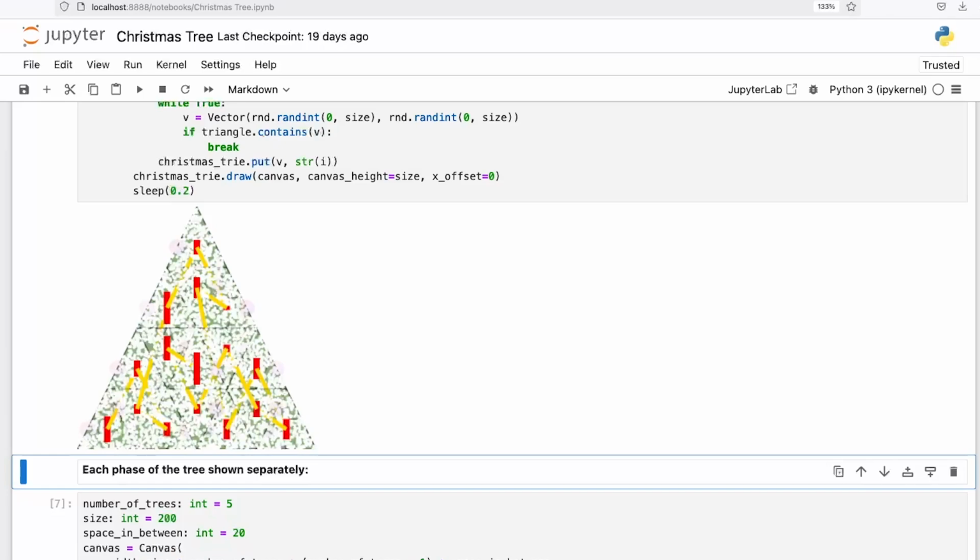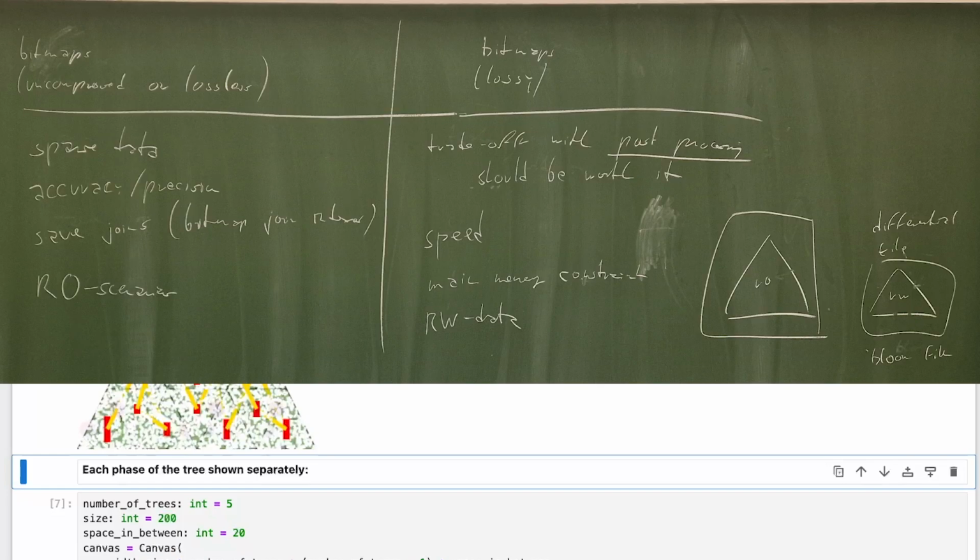And maybe we revisit one of the scenarios. Or maybe it's up to you. So where would you use a Bloom filter? Where would you use a bitmap? And that's now the interesting question, right? Can you come up with scenarios where we can use, let's say, bitmaps, uncompressed, or let's say